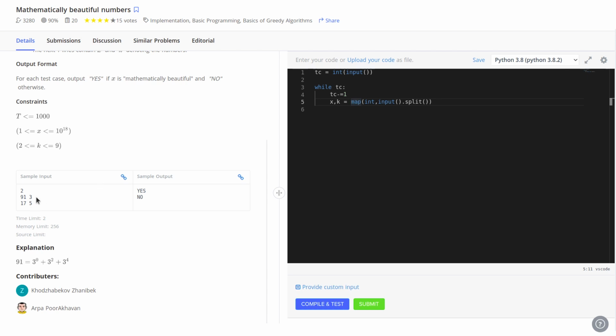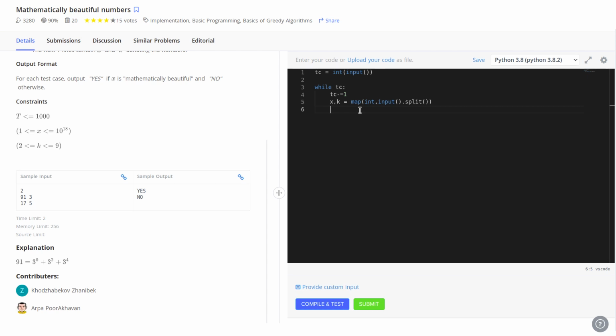When Python takes input, it takes a single line at a time. It doesn't take input like C or C++. So it takes a single line as input, then splits it out, and then converts it into integers.